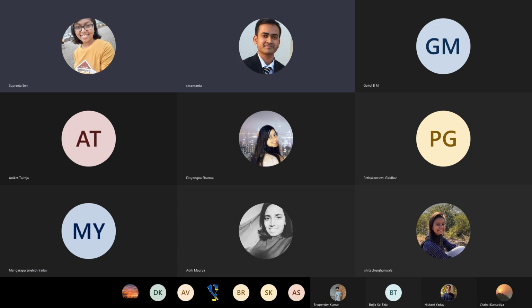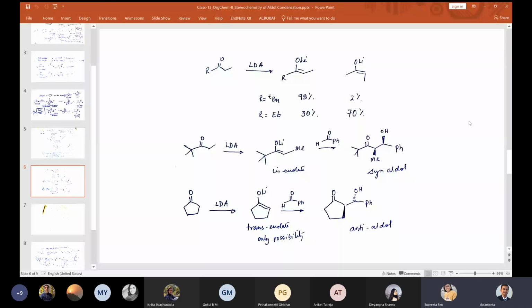Is it the stereochemistry or before stereochemistry? After stereochemistry, the reactions of LDA, where we were. Okay. No, that is stereochemistry only, where we were trying to control the stereochemistry of the product by using LDA. Okay. This is the one. Is this the one? Yes, sir.